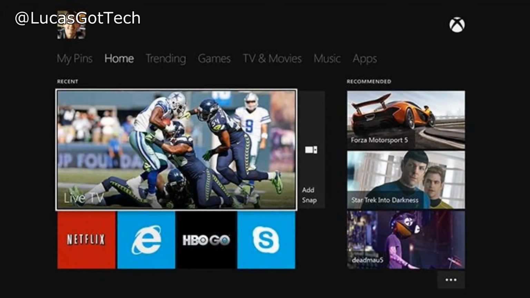Okay, so the home screen, this whole console is running a Windows kernel. If you're not familiar with what that means, Windows kernel means the system will be Windows powered. So it will look very similar to Windows 8. It'll look just like it. So if you're used to Windows 8, you'll definitely get used to the Xbox One really fast. So it's the Windows kernel.